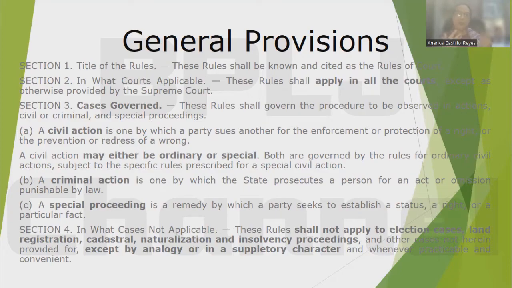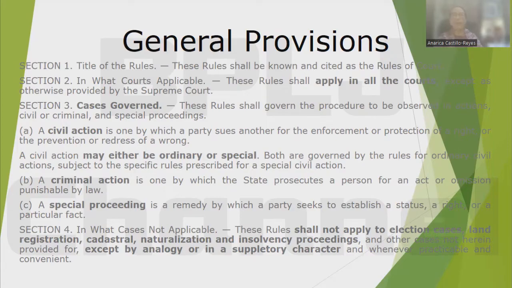Okay, so what is a civil action? According to Section 3, a civil action is defined as one by which a party sues another for the enforcement or protection of a right or the prevention or redress of a wrong. Okay, so a civil action may be either ordinary or special. However, both of them are governed by the rules of civil procedure, subject to the specific rules provided for special